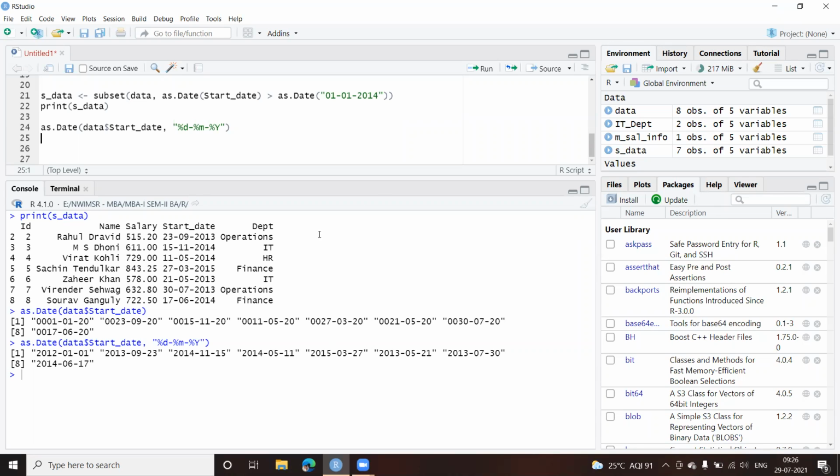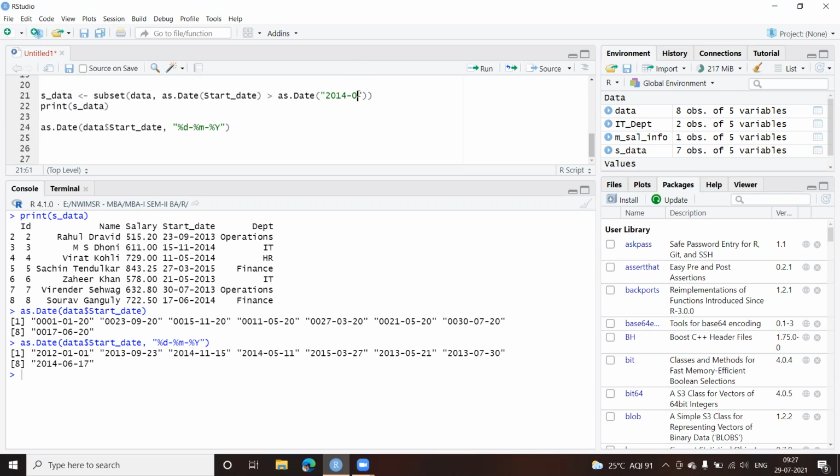That means if I have to compare this, I need to give the format in which my data is stored. And this function as.Date converts the date into a different format. So the year comes first.